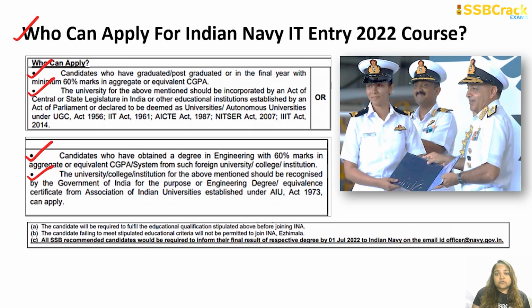Now, there are certain small things also which you need to note. First of all, the candidate will be required to fulfill the educational qualifications which I am going to talk about now and which have been already stipulated before joining INA. Also, the candidate who fails to meet the stipulated educational criteria will not be permitted to join the INA